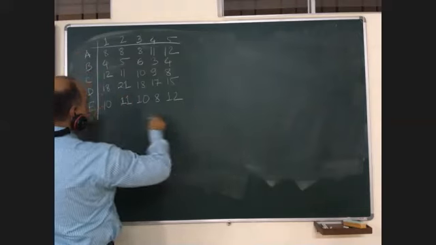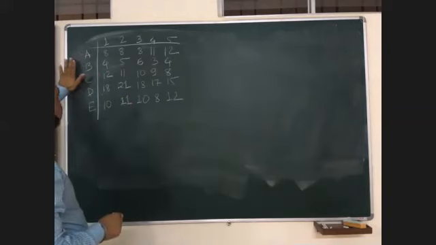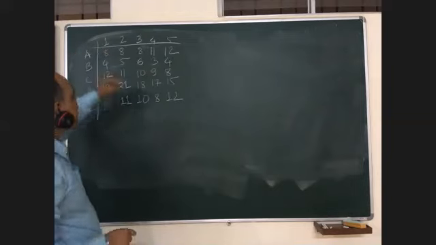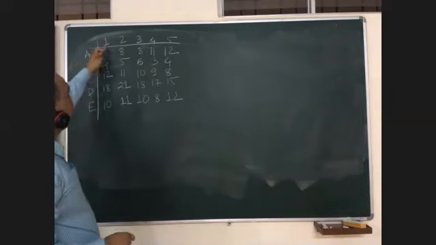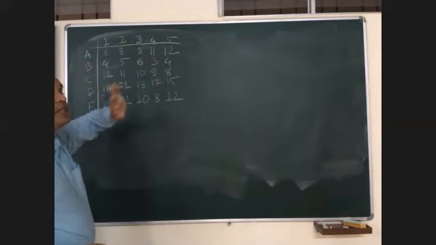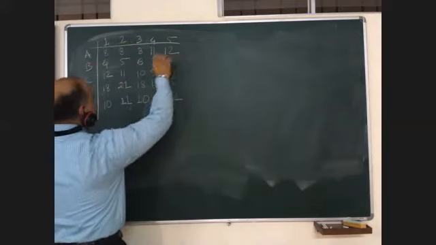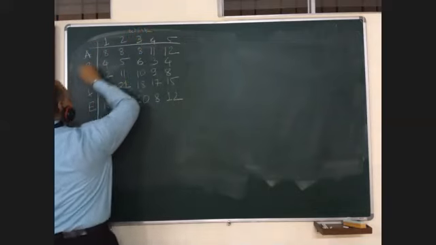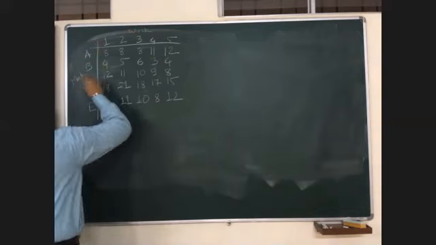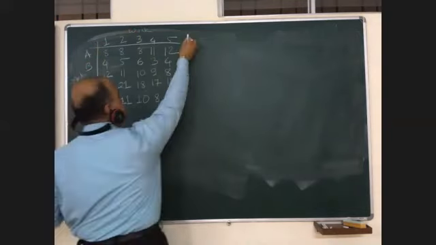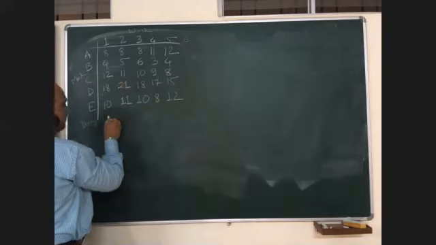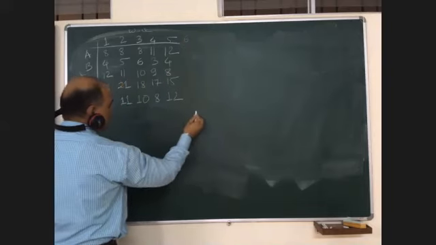Focus your screen here. See, the first step is to check whether the number of rows is equal to the number of columns or not. 1, 2, 3, 4, 5. In case it is not, there are 6 here, and say it is worker and machine, right? It is 6, and here it is only 5. So what you will do is you will add a dummy row of 0 0 0 0 0 0. Clear to all?